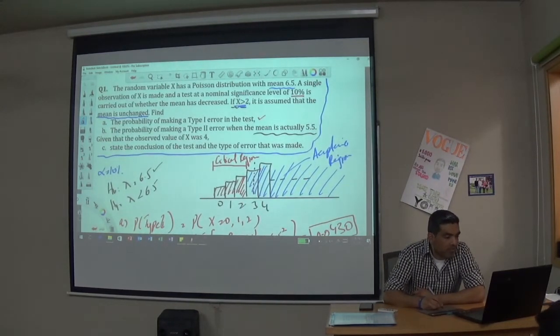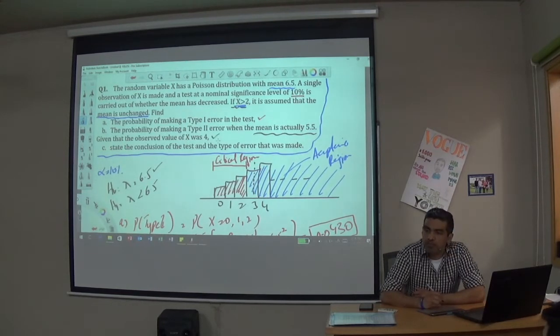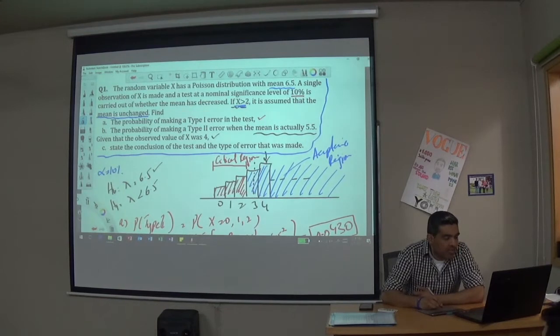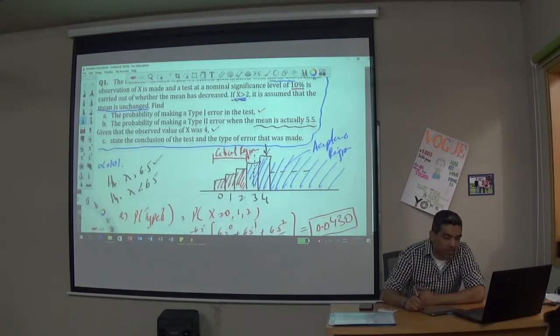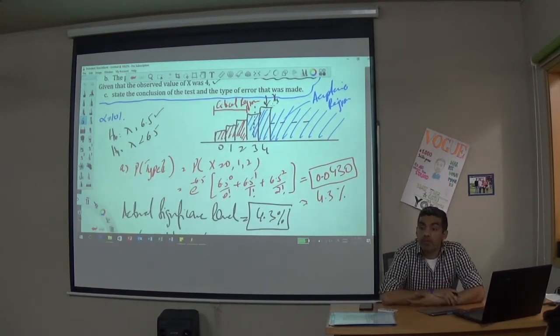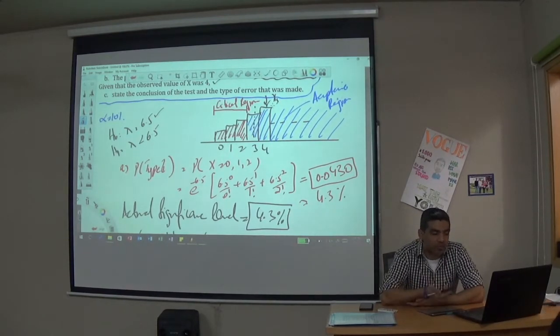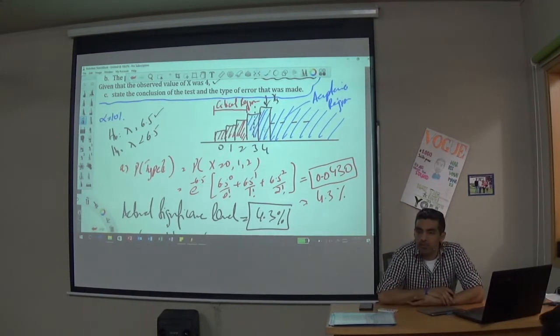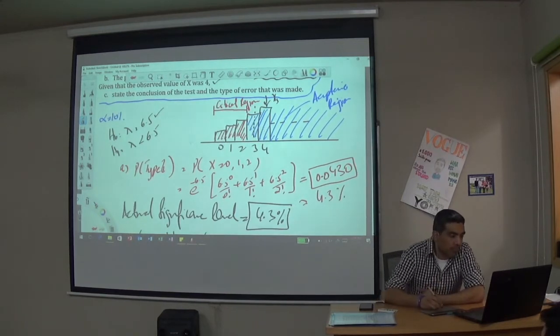Given that the observed value of x was 4, so they did some experiment and they stand at 4. State the conclusion of the test and the type of error that was made. If your x statistic is at 4, what are you actually doing? You are accepting the null hypothesis. Your x value is 4, so you're in the acceptance region. You're accepting H0. So for part C,